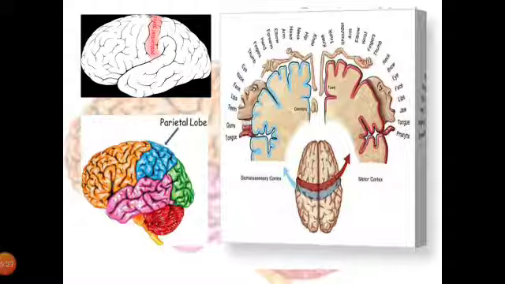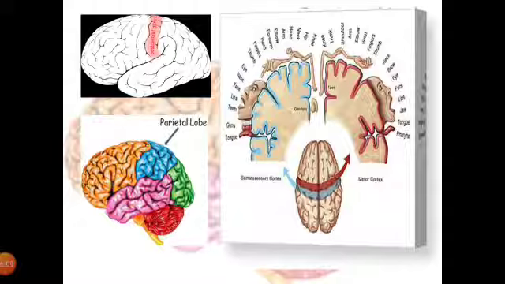Now in the picture below we can see the parietal lobe. In the picture above we can see there is a central sulcus, and the area posterior to the central sulcus is the postcentral gyrus area. In the larger view we can see here the red one denotes the motor cortex and the blue one denotes the somatosensory cortex. The more medial part of the somatosensory cortex is primary somatosensory cortex or area 1, and lateral is somatosensory cortex area 2 or secondary somatosensory cortex.